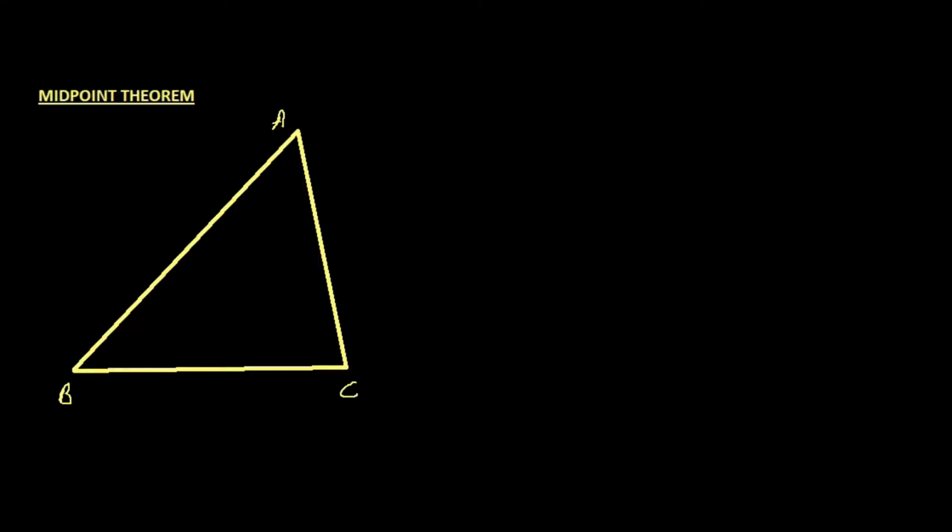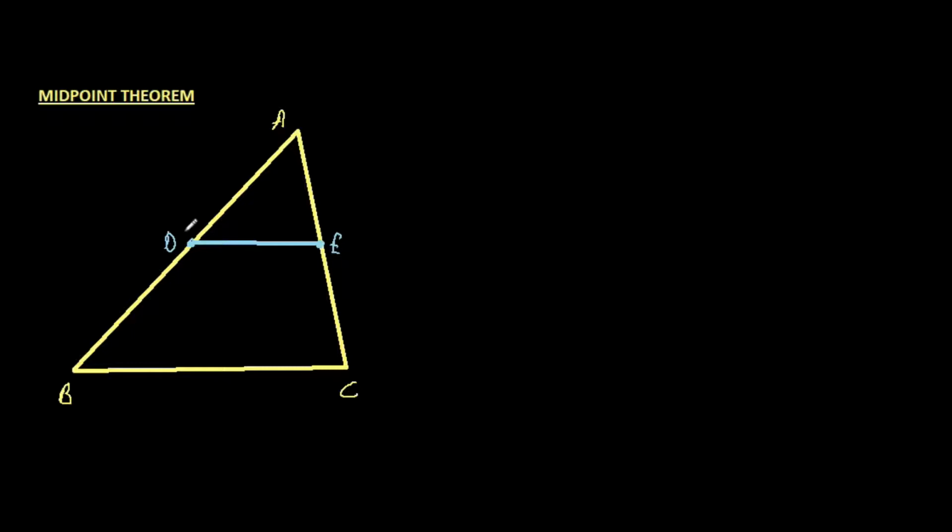So let's say the midpoint of side AB is a point here, which I'll call point D. And let's say the midpoint of AC is a point here, which let me call point E. And we need a line joining the two, so let's make a line connecting DE. Now we are going to prove that DE is half of the length of BC and is also parallel to BC. But let's start with what is given to us.